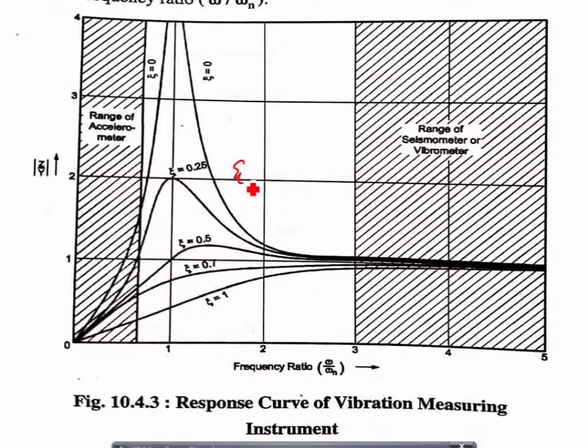If the value of zeta is 0.65, which is given in your particular problem, the curve will also be closer to zeta equal to 0.7. So this curve which indicates zeta is equal to 0.65 will also be below this line z by y is equal to 1. Means what? From the response curve of the vibration measuring instrument, we can see the curve for zeta